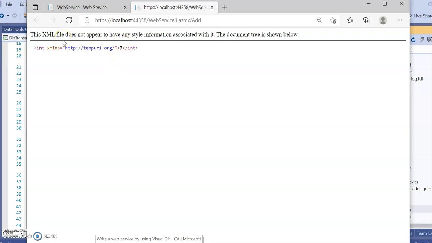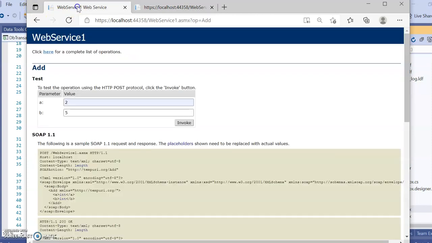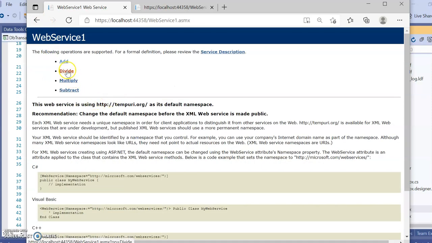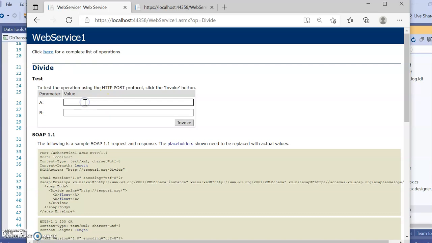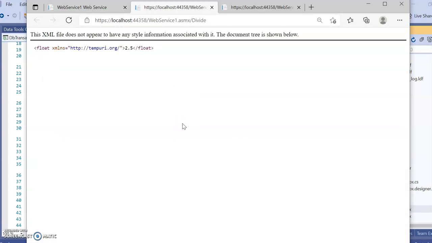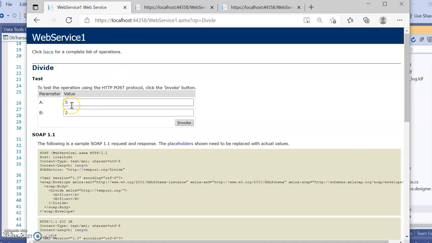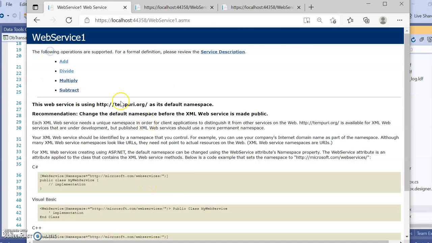See here, your output is shown as 7. Next operation, this one, divide. Suppose the value provided is 5 and here 2. Let's see what the output will be. It is giving 2.5, so it returns the real value.